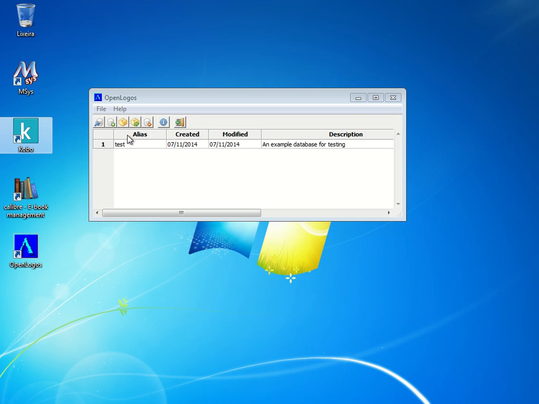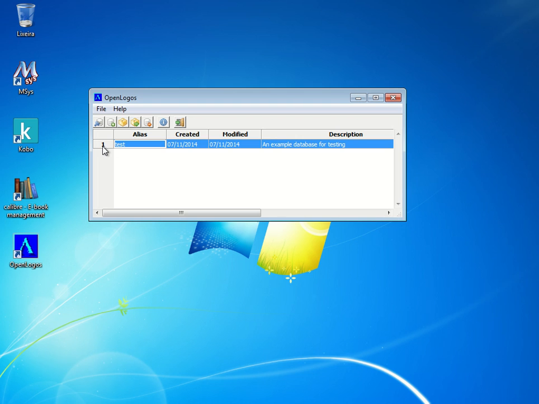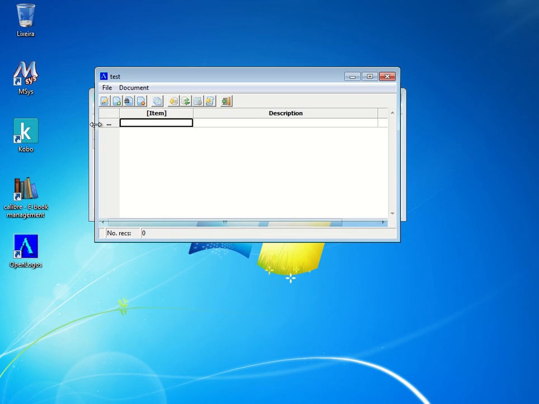You can see that the database was created. It has the alias, which shows the date it was created, the date it was modified, and a description. Now I have to open it for editing, which I do using this button here, and we go back to that screen that we've seen before. This is